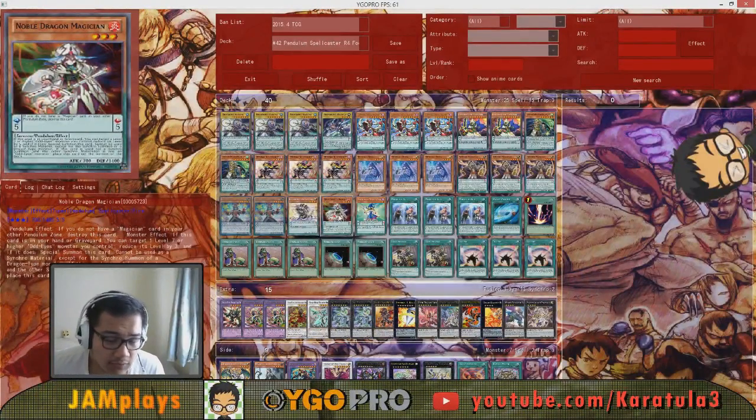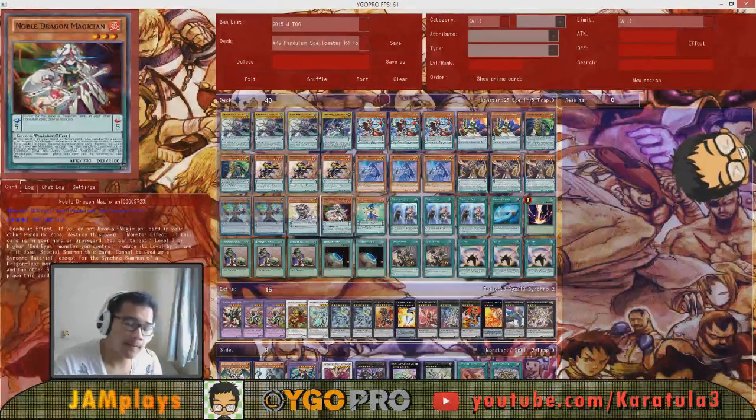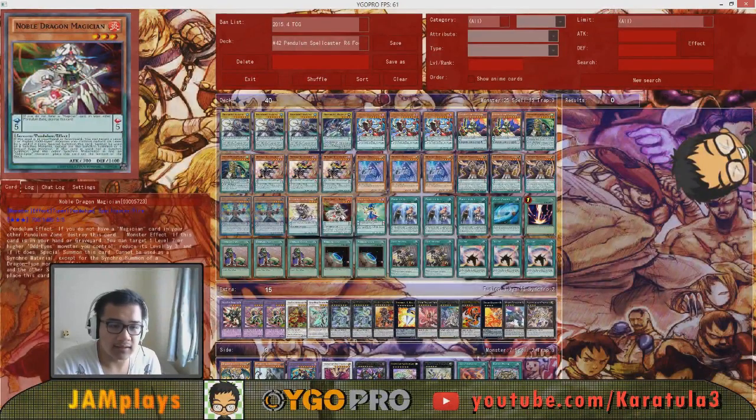Anti-spell fragrance is annoying as well. Noble Dragon Magician: special summon it if you have an Odd-Eyes monster and reduce its level by 3, and it's a tuner, so you can go into your level 7 synchro. However, you can only make dragon synchro monsters,